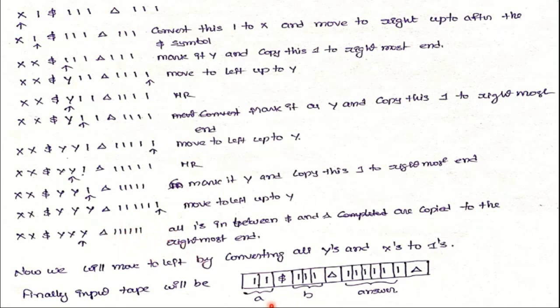Now after completion of this computation, the input tape has a value 1, 1 and b value 1, 1, 1 and a star b. This is the result, that is 6 ones, and that value can be stored here. So this is the process of implementing subroutines by using a Turing machine.